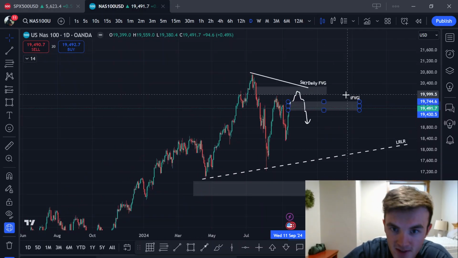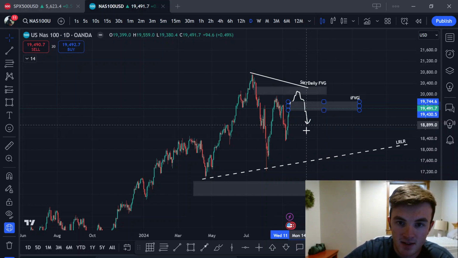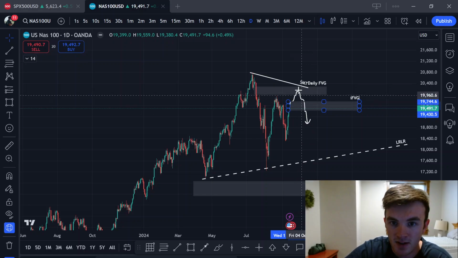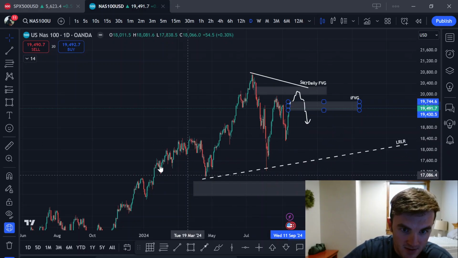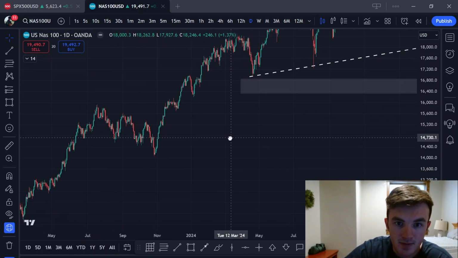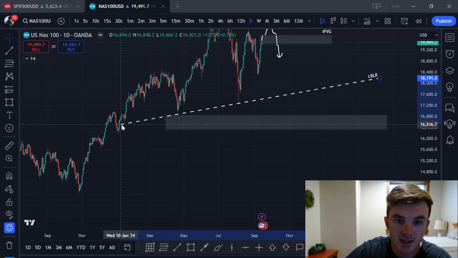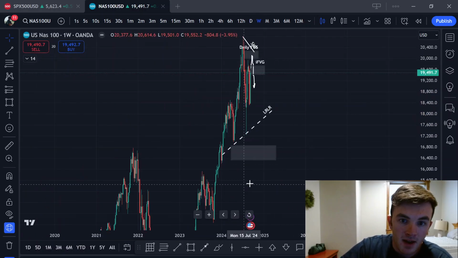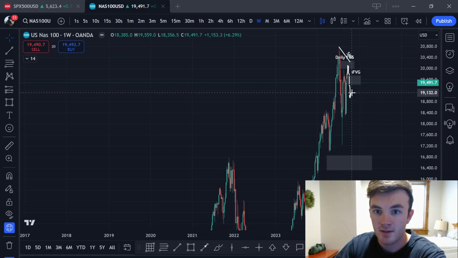This is totally speculation right now, but if this happened, it would make a lot of sense. You'd push into this weekly order block, you push into this daily fair value gap, inverse back to the downside, possible run of this low resistance liquidity. But to me, it seems like this low resistance liquidity will get ran at some point, and I'm anticipating that at some point in the future.